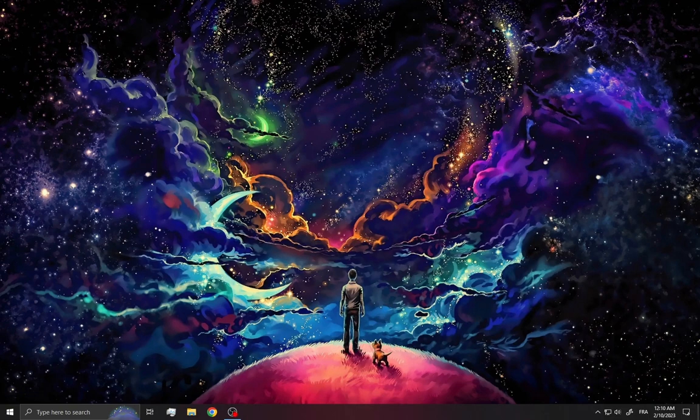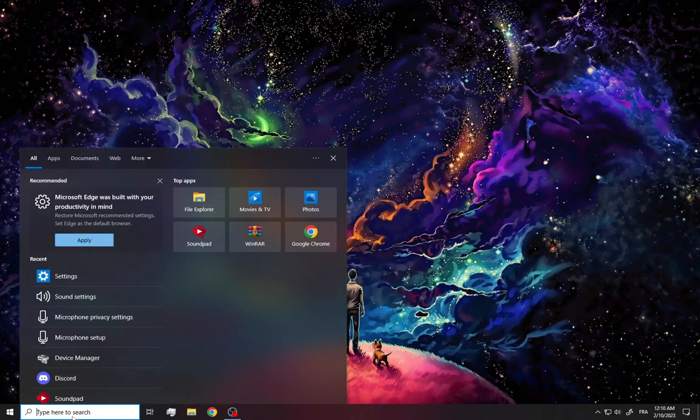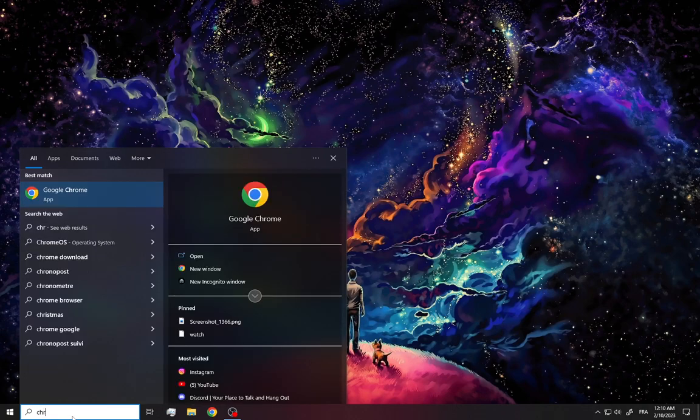Hi guys, so how to fix Google Chrome not opening? First thing, go down here into the search for Chrome like this, click on your right mouse, choose open file location,